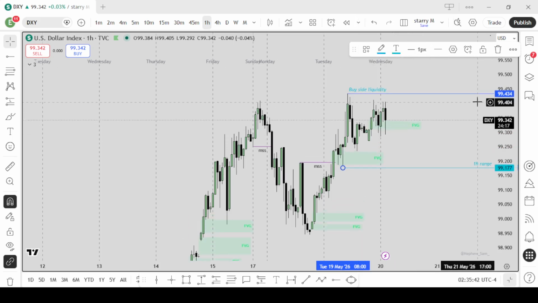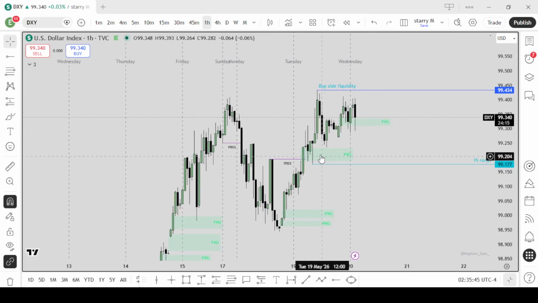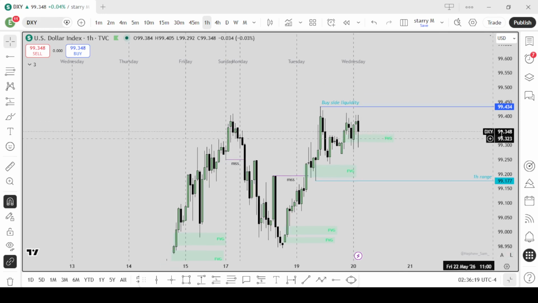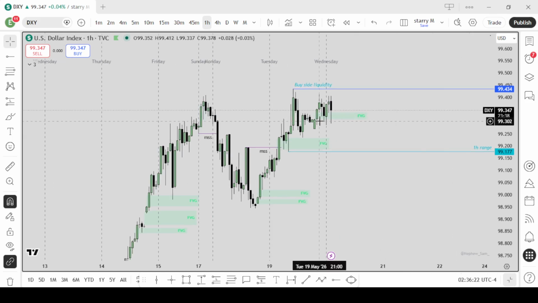What is our market structure? Yeah, this is our current market structure, and you can see we are mitigating this fair value gap, so we could potentially be going for a continuation. Or remember, on the euro, we've already taken this liquidity, and we are currently not sure where we are headed, but if we just wait a little bit, it's going to be clear how the market forms. So during this time, right now, all I know is 1 hour,